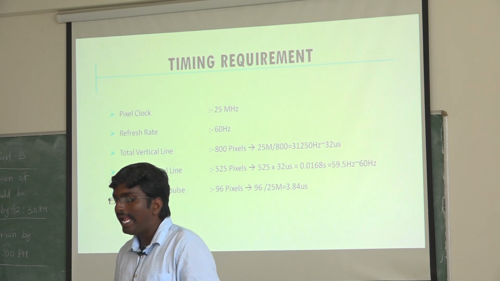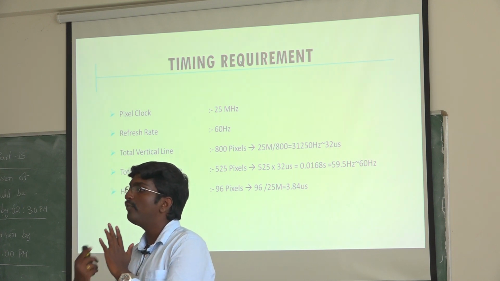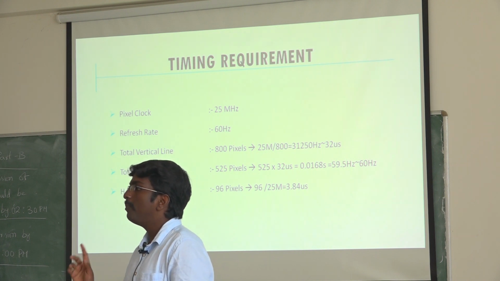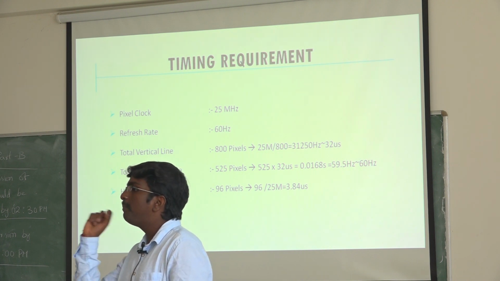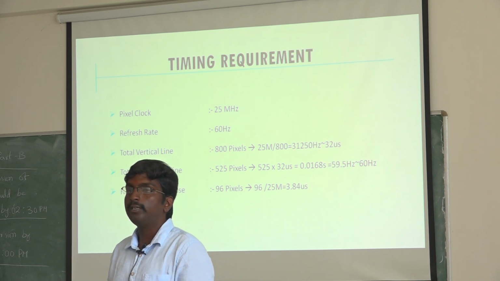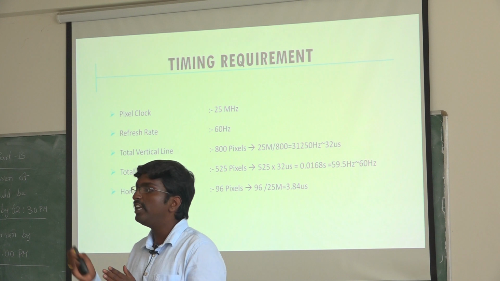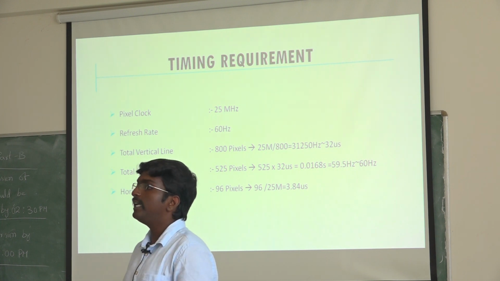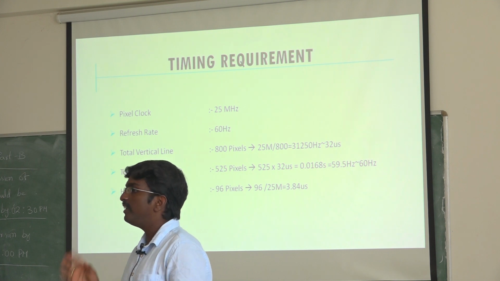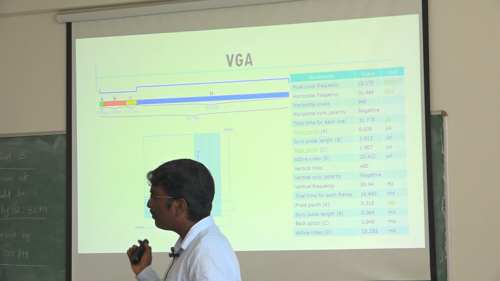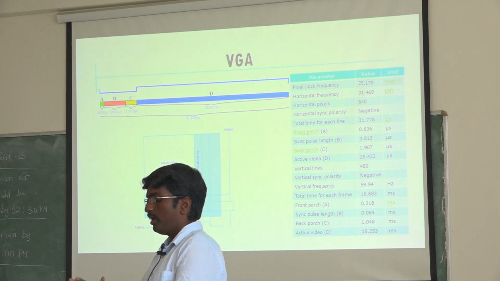If you want to calculate any video frame, a different video frame, first you need to download the standards. Based on that, you have to calculate the pixel size for the horizontal and vertical sync, and the back porch and front porch. Based on that, you have to find out the timing. With this, you have to generate a signal for the V-sync and H-sync. So this is the overall idea.